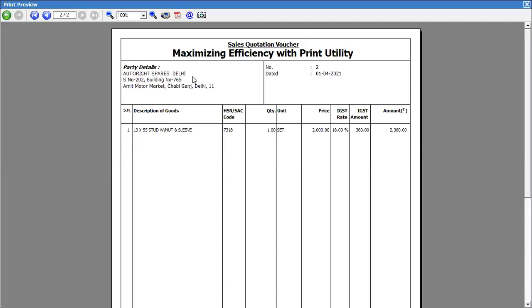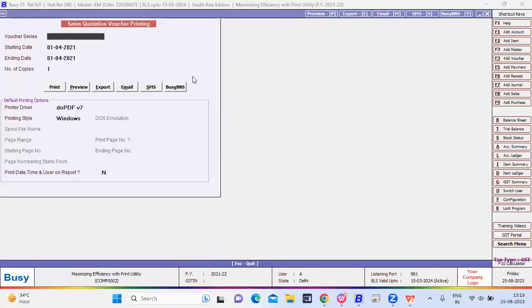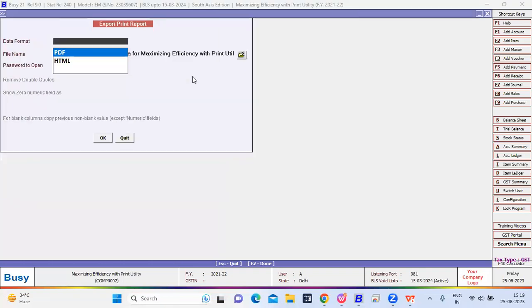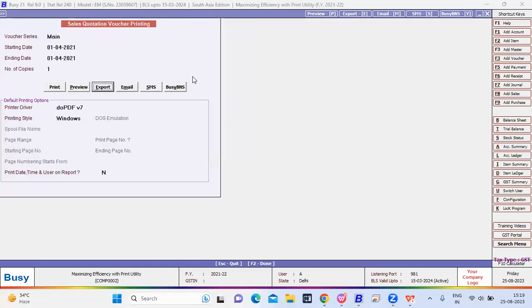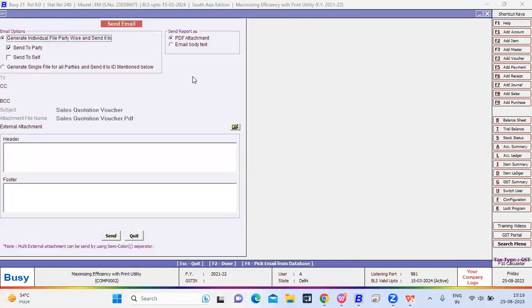So these vouchers are printing for sale quotation. You can print it, preview it, export it. It will ask export in PDF form or HTML form. You can email it if you want to email. You can define the two-party, generate individual party-wise and send to party, send to self. If you want to send to self, it means you want to mail the